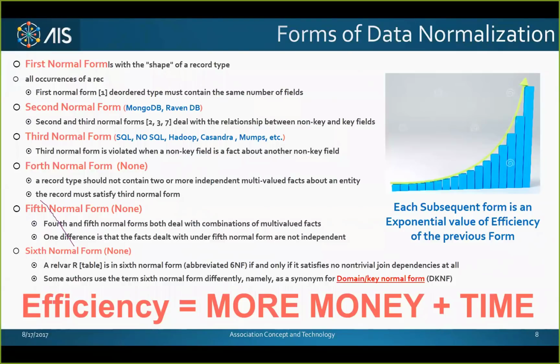Fifty years on, no one has thought to move and look at solving the problems of today. Now, there's an interesting axiom to that, which is that associative technology predates this form of data normalization. And I'll show you that as well. So now, what this graph on the right demonstrates to you is that efficiency is the driving force in all business, but it's also the driving force in all technology. It's what matters. Everything else is secondary, because by more efficiency, you produce more money and you do it in less time.